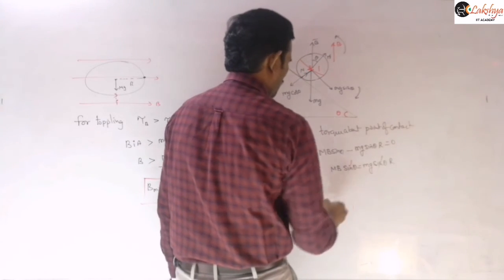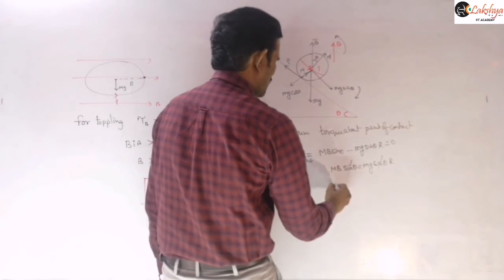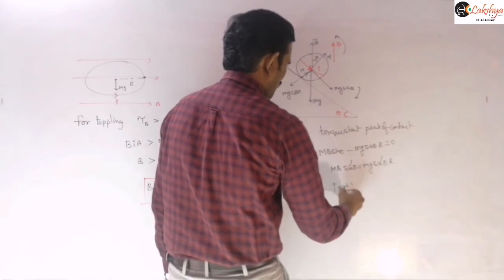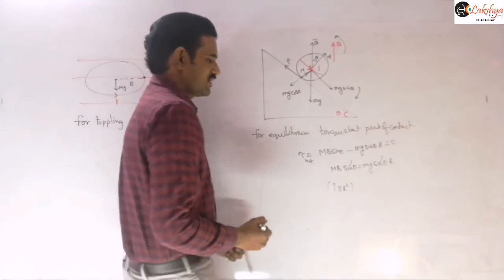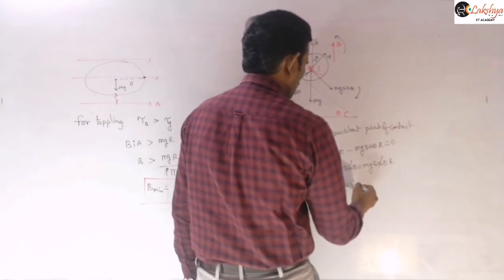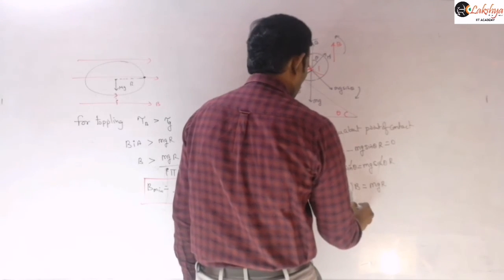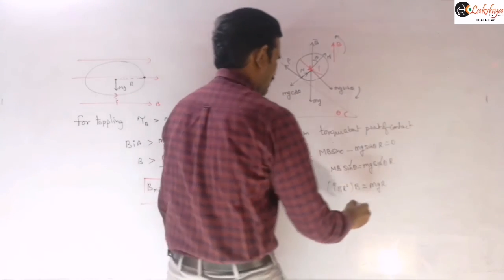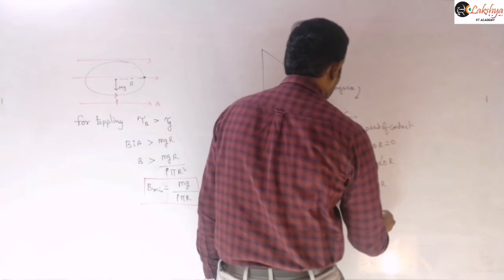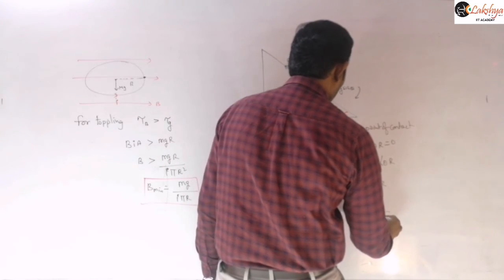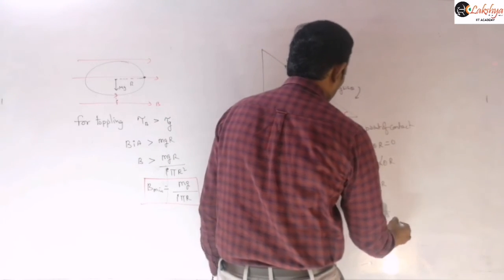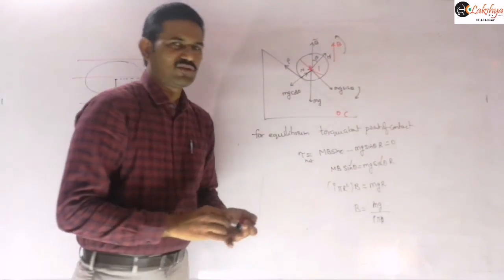So this sin theta you can cancel, and m you can write as I into pi r square. M is nothing but I A. So I into pi r square into B is equal to mgr. Therefore the field required is mg by I into pi into r. So this is the magnetic field required to keep the sphere in